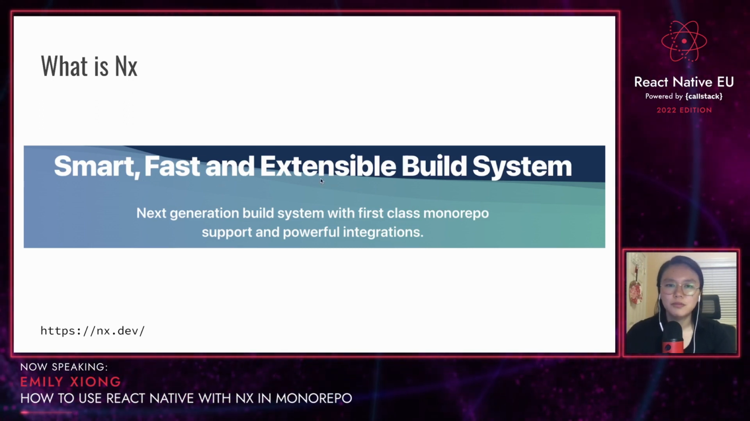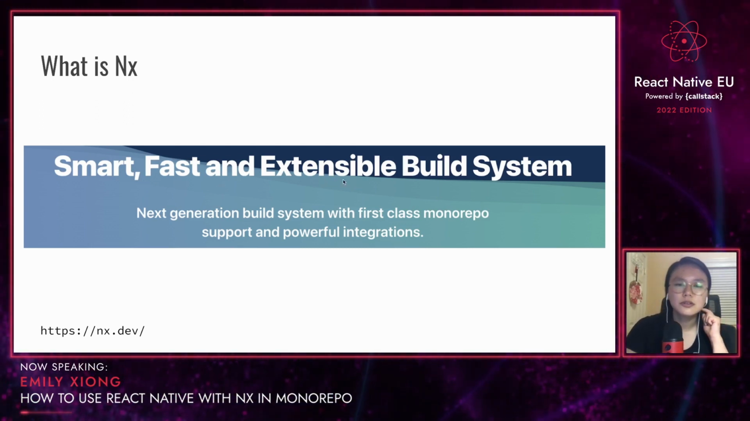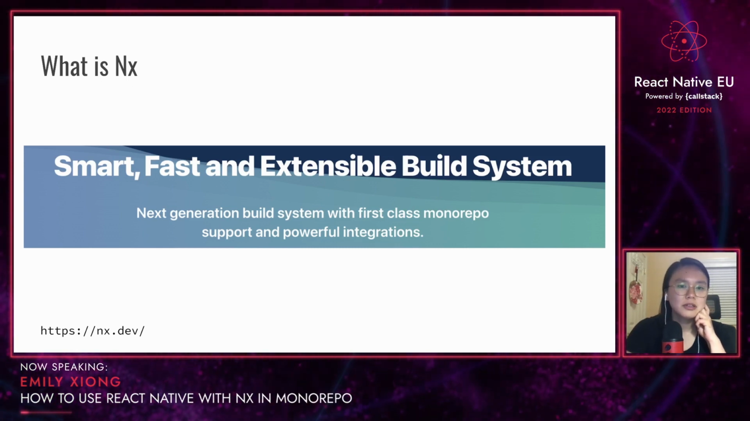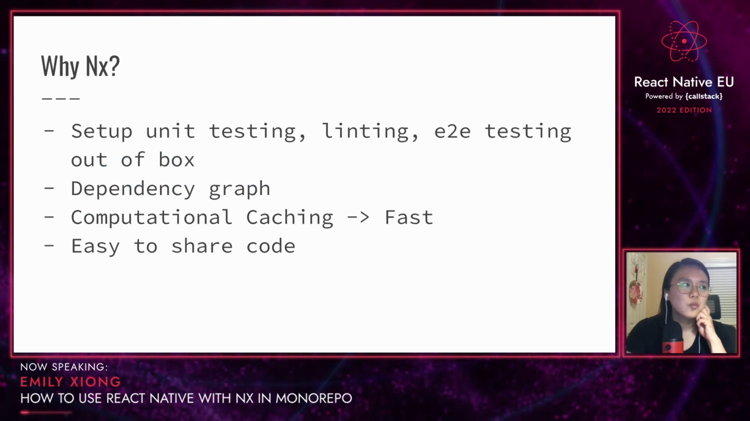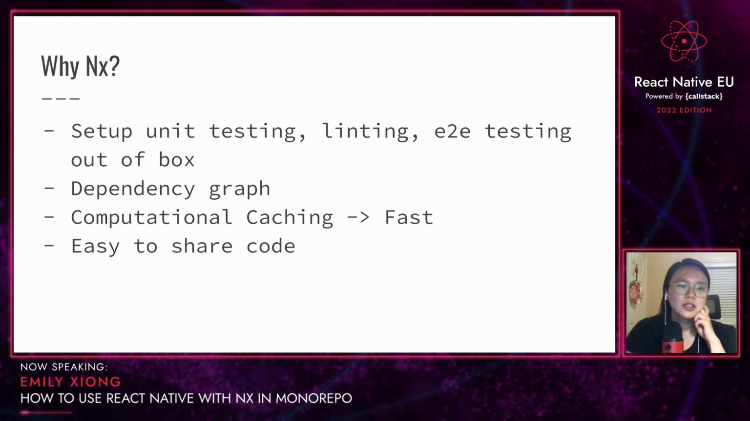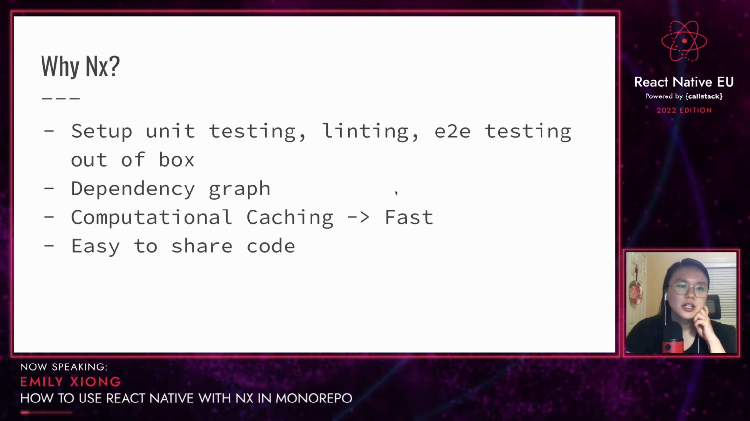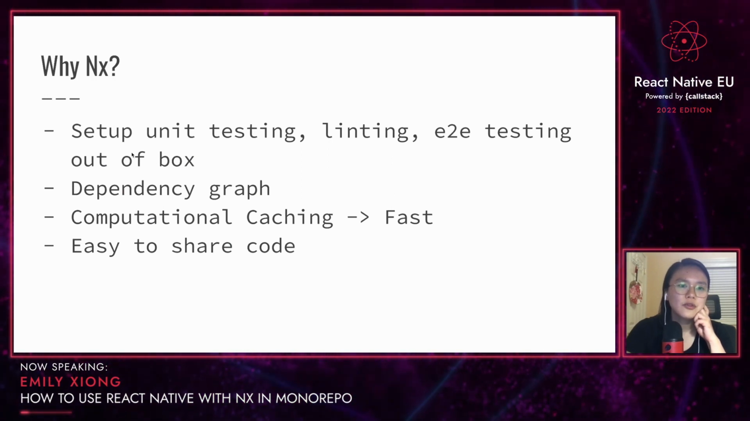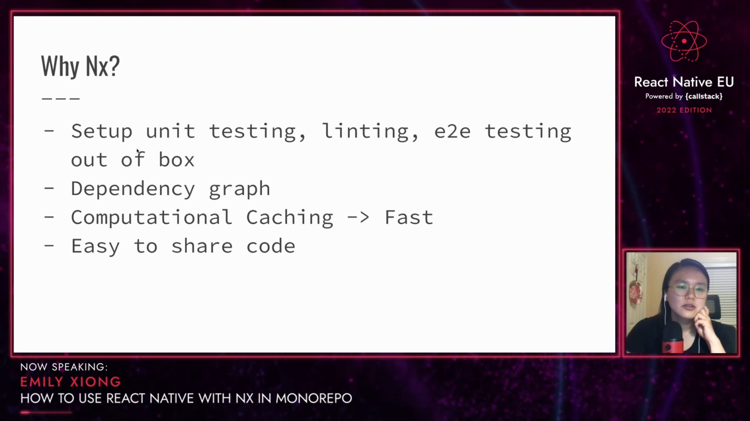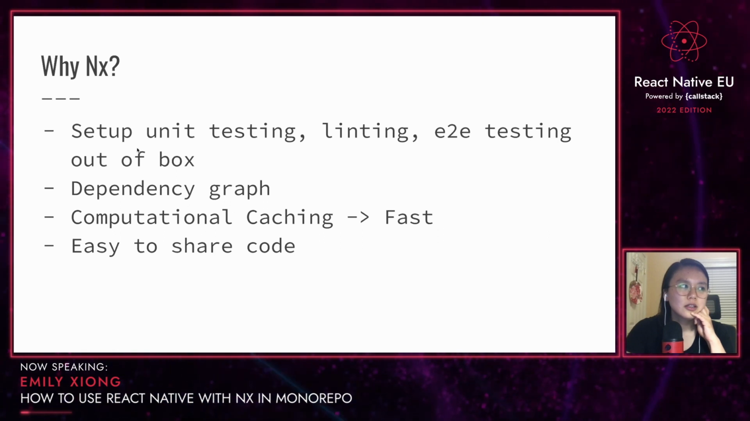So all these are pretty big words, right? And it sounds good. But what does it do for me as a developer then? So why would I choose NX over other monorepo tools? So as a developer, I don't need to make additional configuration for unit testing, linting, and E2E testing. It will set up them for me out of the box. So I can start writing the React Native code right away, rather than worry